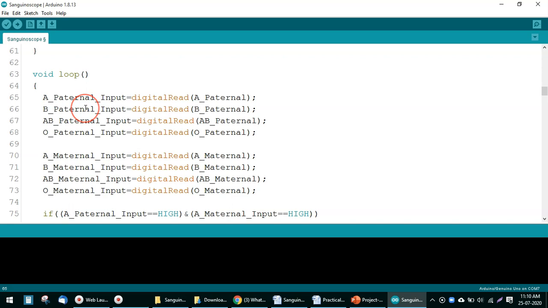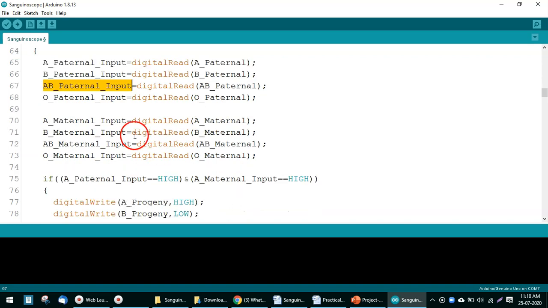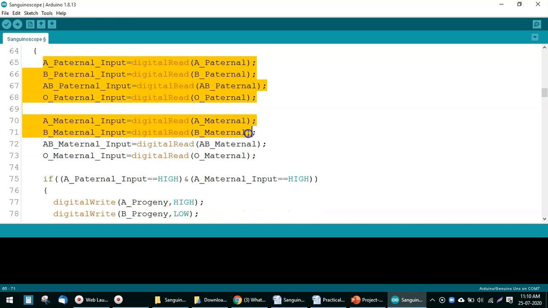In the same way the value will be stored for B paternal into B paternal input, AB paternal into AB paternal input, and the same process will take place for the maternal combinations.